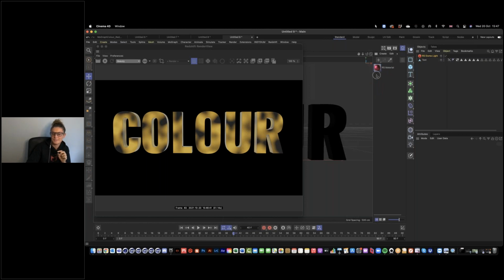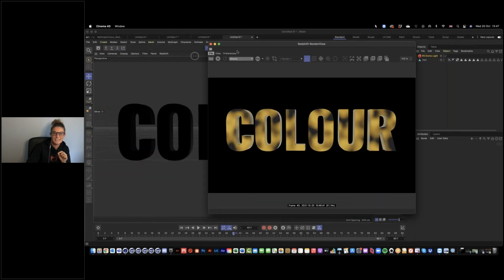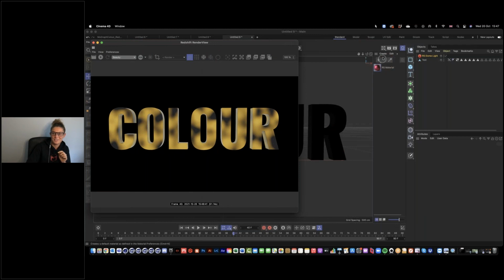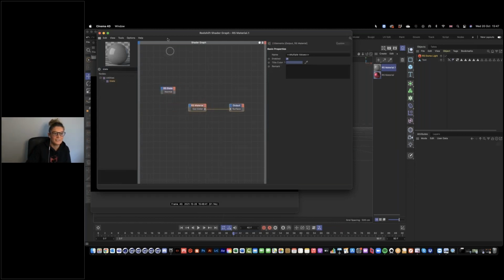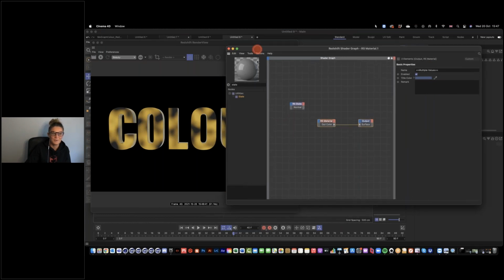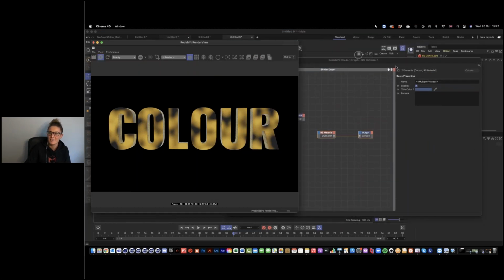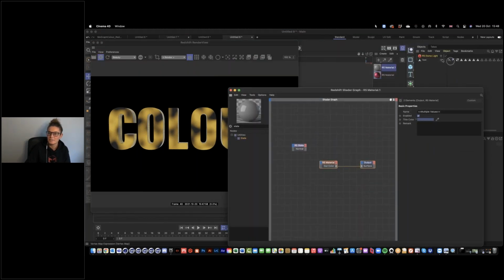Let me see. You try and set it up there, I'll try and set mine up here. I think, oh God, I've done it in Redshift. Technically, we've got car paint materials as well in there somewhere. Oh, hang on. State node. Everyone's just going to be watching me try and figure this out now. So, state node,